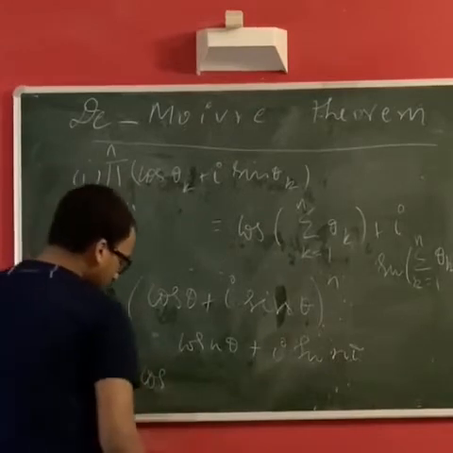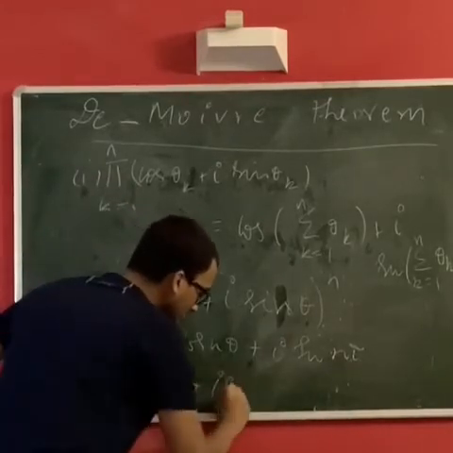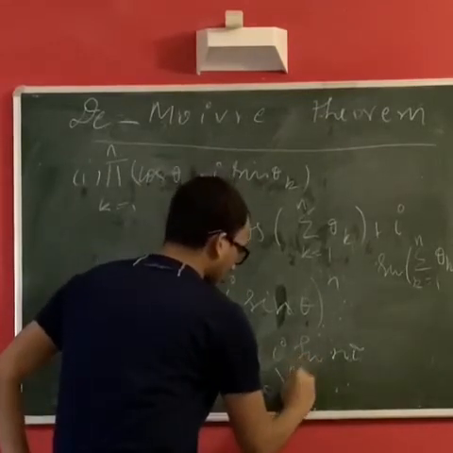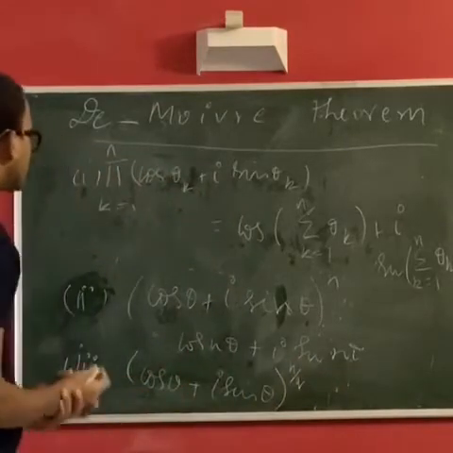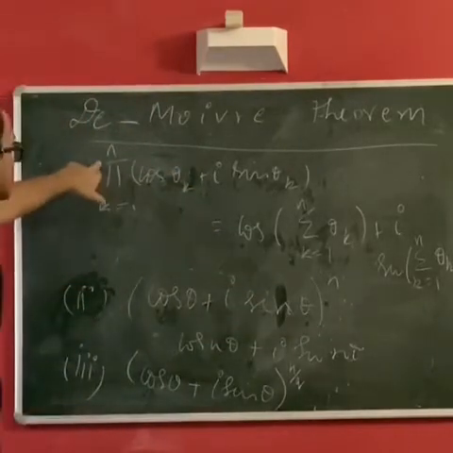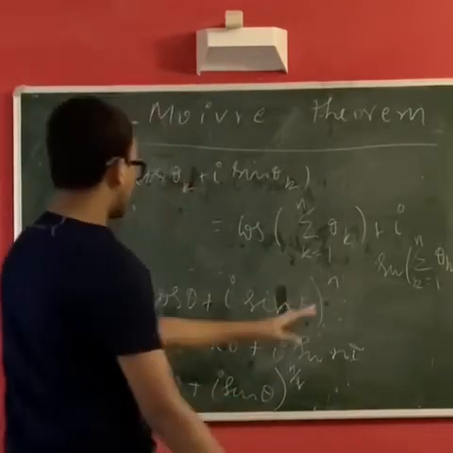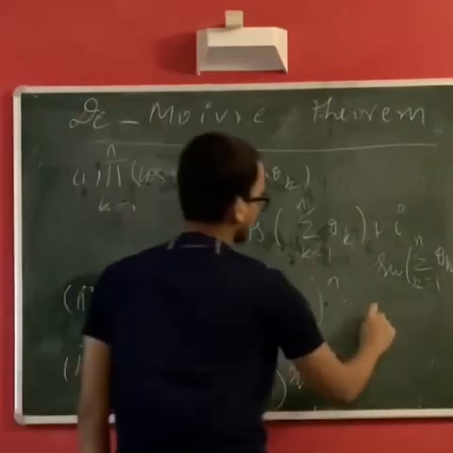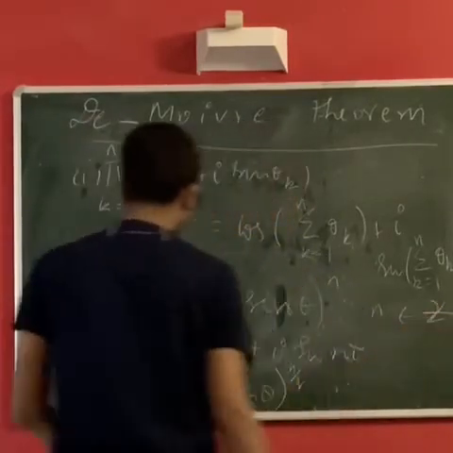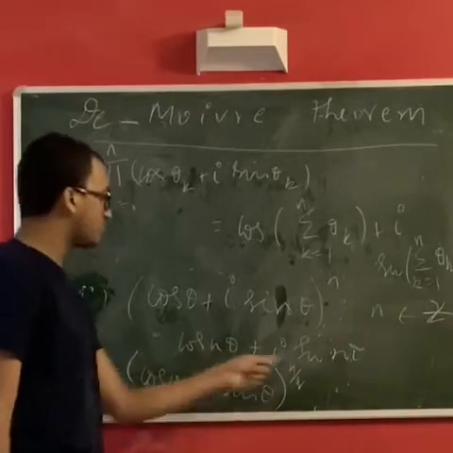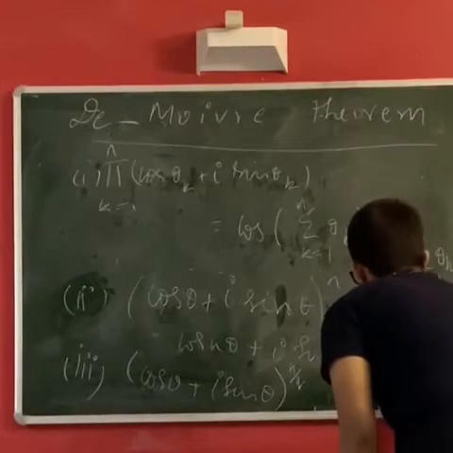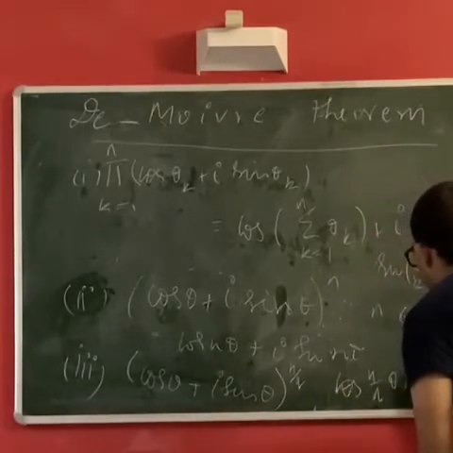The third statement says that cos theta plus i sin theta, whole to the power n over q, where n and q are both integers. Here, of course, n is an integer. Just to make it clear, even here it definitely has to be an integer. Here again, it's not mentioned, but n is an integer. So cos theta plus i sin theta, whole power n by q, has one of its values as cos of n by q theta plus i sin of n by q theta.